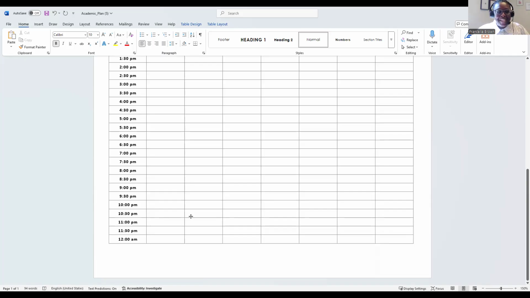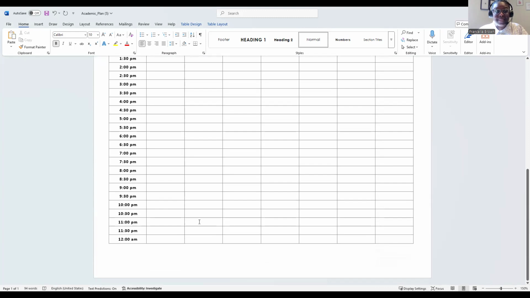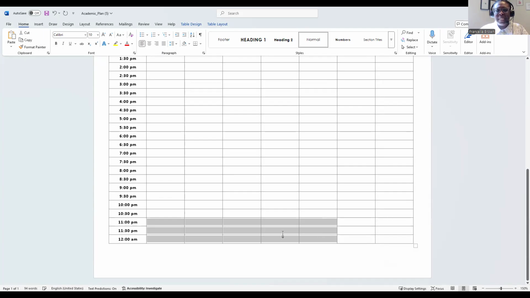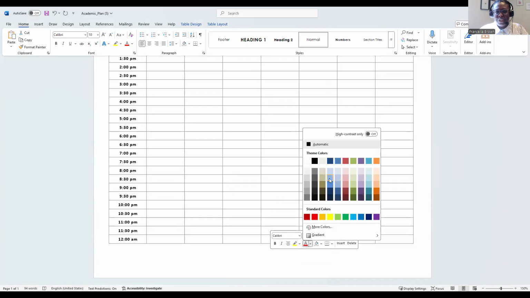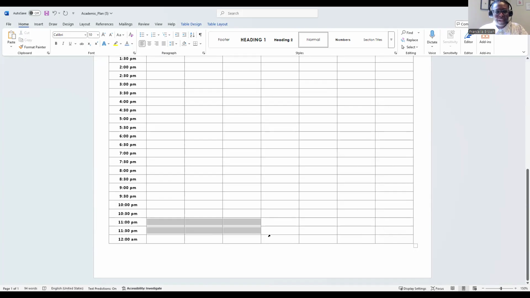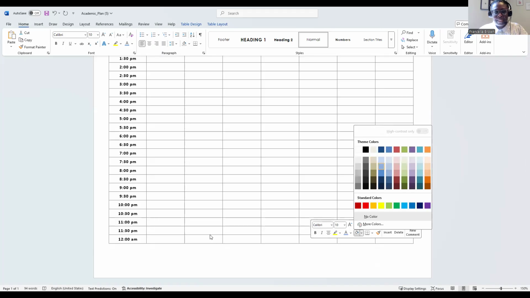Sleep, you have to sleep. So let's just plan Monday to Friday for now. We're not going to plan Saturday and Sunday, because you know you're not going to have classes on those days. And let's just put in realistically what your sleep schedule is. Realistically for me, it's probably 11 p.m. And what we're going to do is color code things so that you know exactly what each thing means. Sleep for me is kind of relaxing and soothing, so I'm going to color that in as blue, put in the fill here.